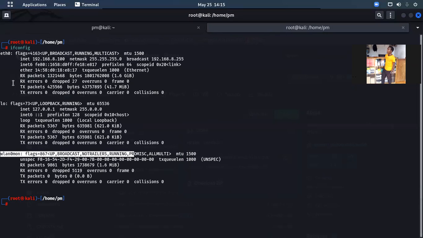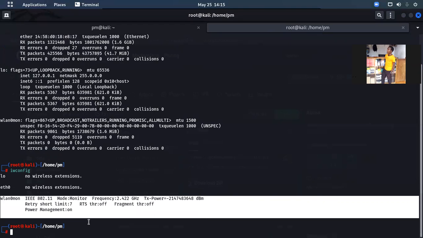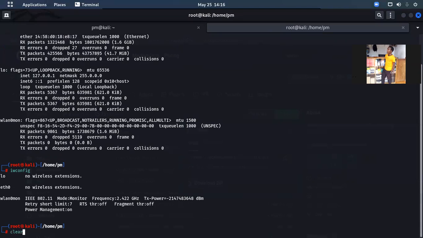So that is it. I would say if you want to see your wireless network cards, you just type iwconfig. So it shows this is not a wireless, but wlan0mon, it is a wireless card. Okay, so we also have